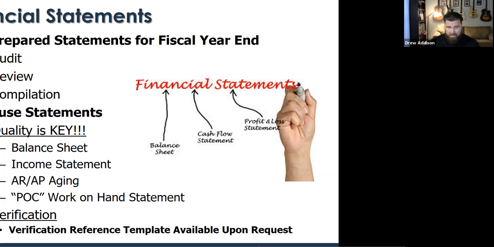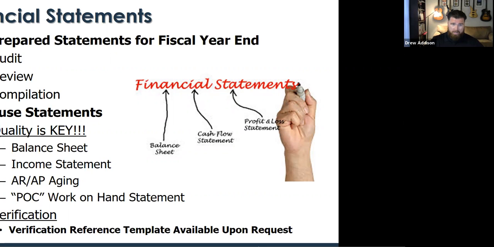So it starts with compilation, which is not much verification. They just make sure things are reporting the way they need to. Review is a good enough level of verification that for your typical standard surety program, reviewed statements are just fine. An audit is typically required by TxDOT or large programs, where once you have so many processes in place that an audit makes sense, then sometimes it would be required by the surety.